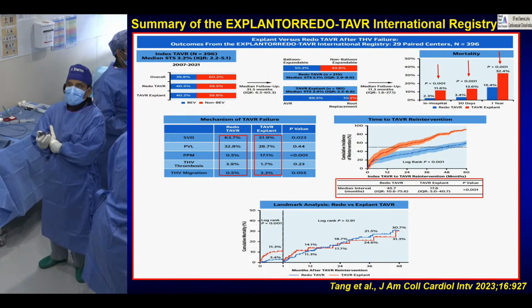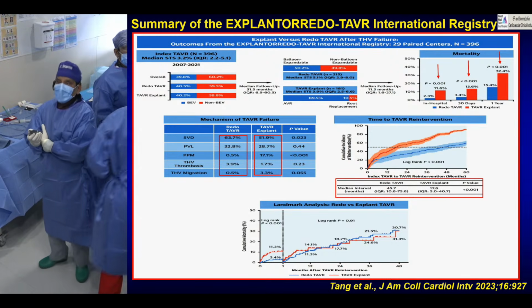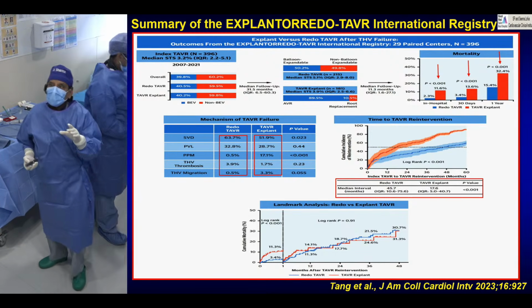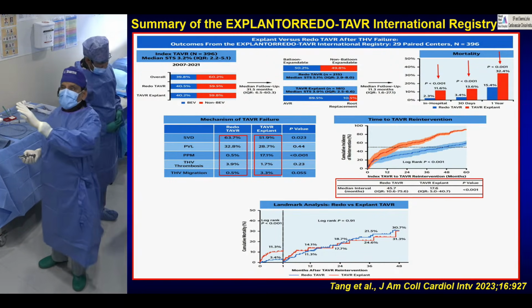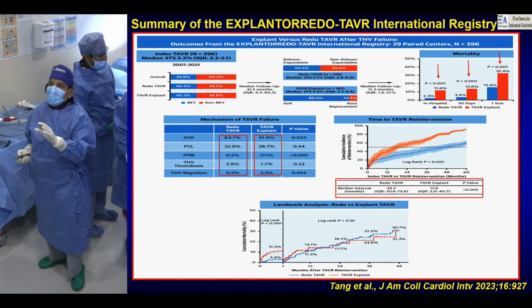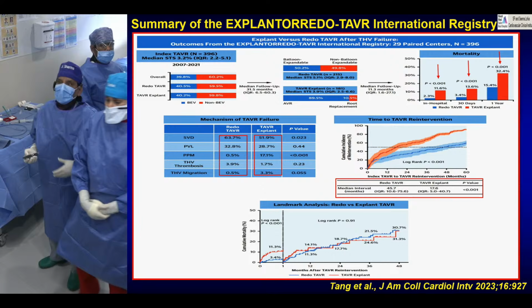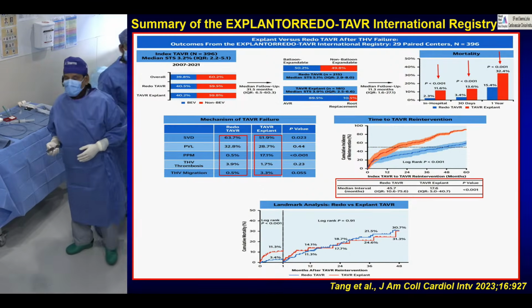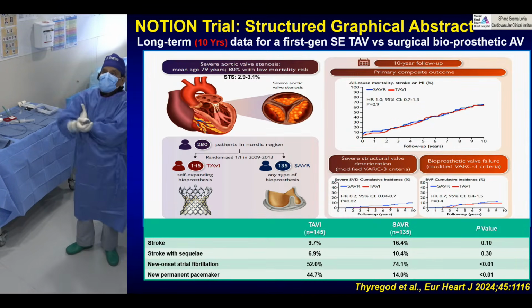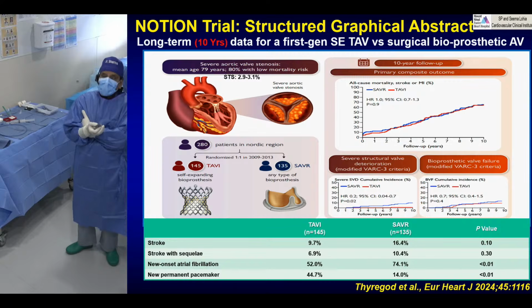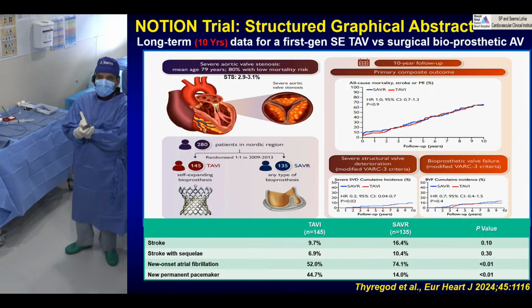And of course, we know that TAVR explant has a higher mortality, and redo TAVR, when they require it, usually takes about 4 to 5 years. And for the TAVR explant, usually those patients present earlier in the cycle, like 1 to 2 years, although this case was only a few months. Then, as far as the durability of the valve is concerned, we have enough papers now, which